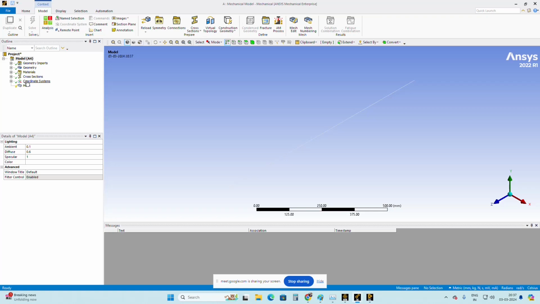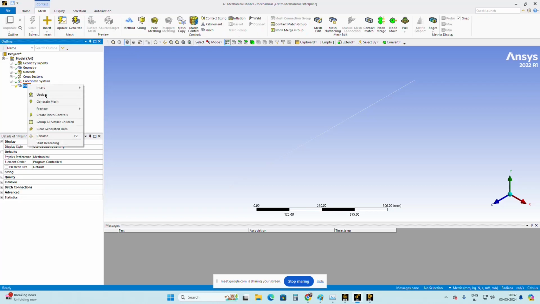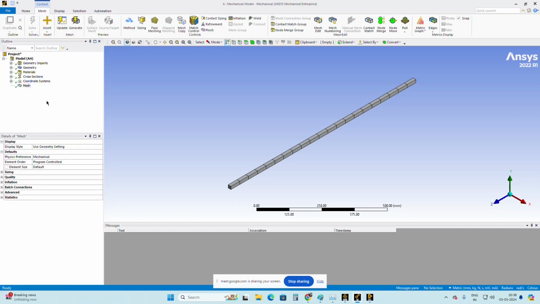In the mechanical workbench, if you want to add the analysis system, you can add it. That also I will explain here. So what we do is I'm going to mesh the structure. If you click on generate mesh, the structure will be meshed here. And I'm going to add the analysis system over here. So for that